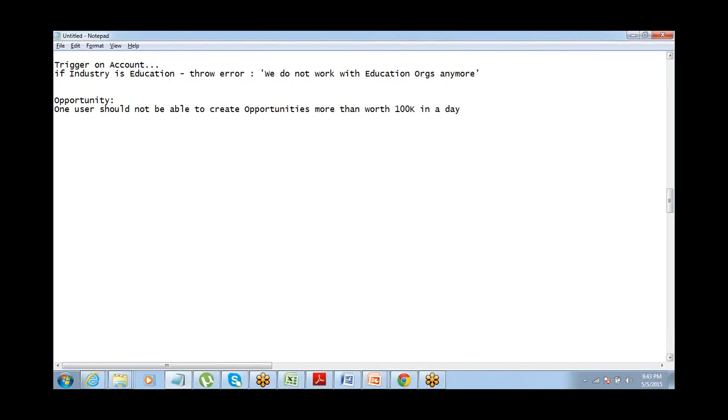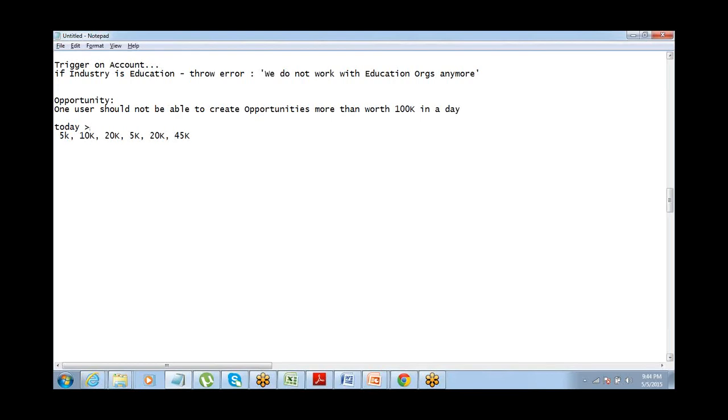Got it? So let's say today you create an opportunity, first one 5,000, after that you create another opportunity 10,000, you should be allowed, then you create another 20,000, you should be allowed, you can create again one more opportunity 5,000, fine, you create another one 20K, fine. But this way, if the sum exceeds 100K, then it should give you an error saying that you have already exceeded your quota. So like here it is 5 plus 10, 15, and 35, 40, 60. Now let's say if you're trying to add one more 45K, then you should get error.